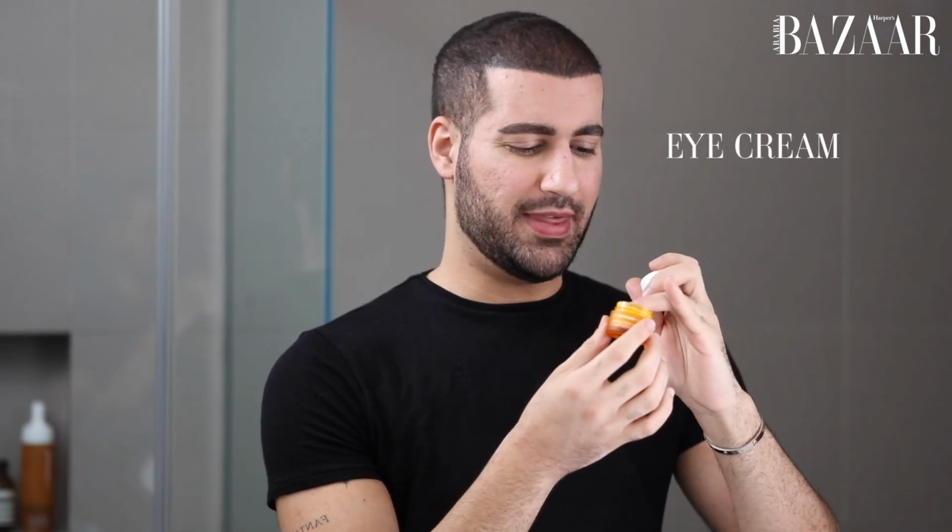Then I move on to eye cream. I'm taking the Ole Henriksen Banana Bright Eye Cream. Honestly, I don't really use eye cream that much. A lot of the time, I just won't use it. But I am getting into it. This is literally just how much I use. Very little. And I just spread that so you barely have anything, honestly. And just tap that